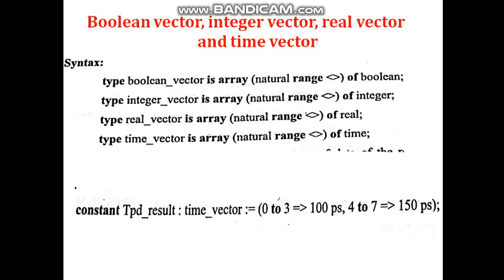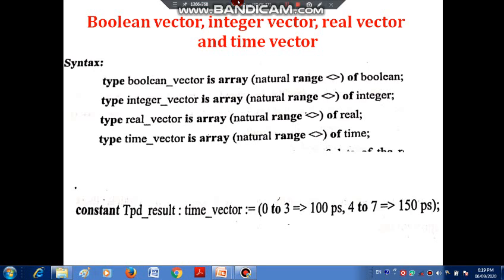Suppose there are 8 different outputs, with a certain different range, 0 to 7, and among them the first 4 have one time value and the other 4 have a different time value. That can be represented with the example constant TPD_result time_vector 0 to 3, meaning 0 to 3 have 100 picoseconds, and 4 to 7 have 150 picoseconds. In that way we can define different values using this vector.